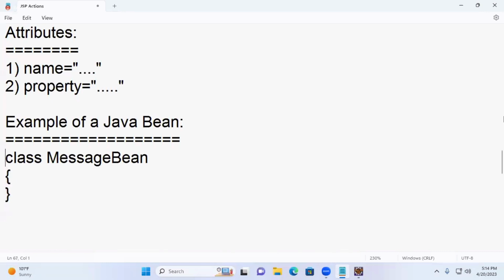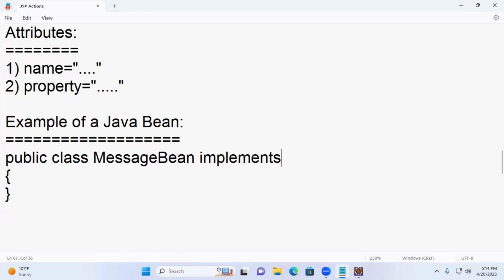Now, this is the one class. This one I want to make a Java bean. What is the first rule? Class must be public. So public class. Then anywhere you can access it, no restriction. Second one, implements